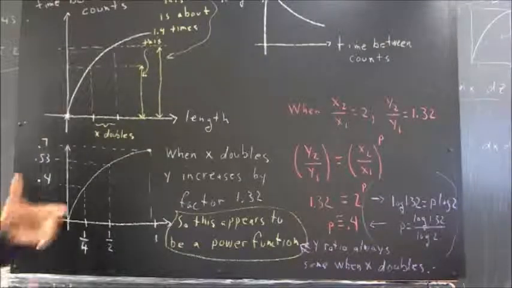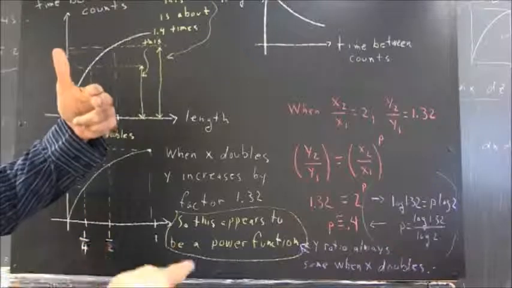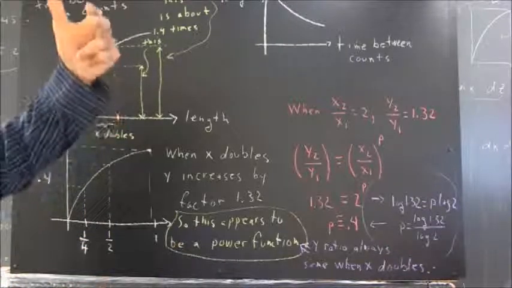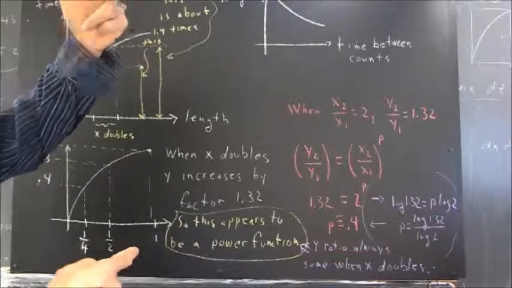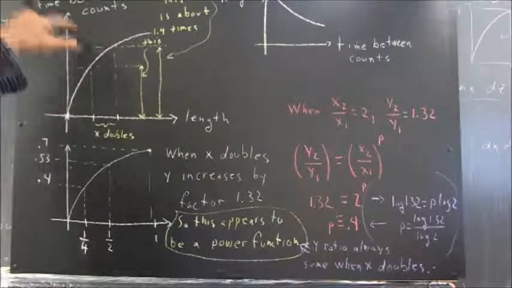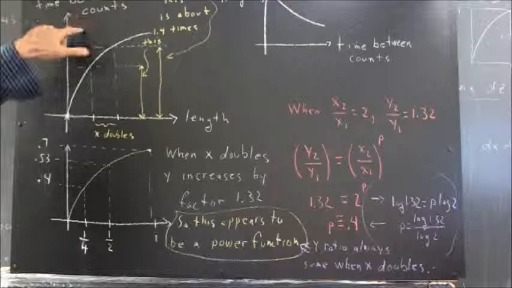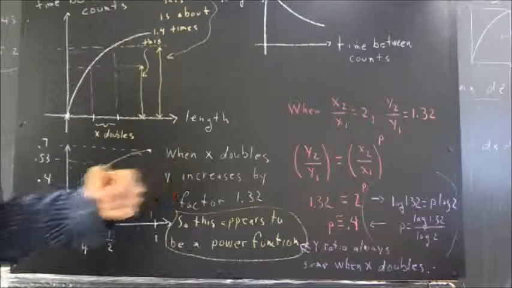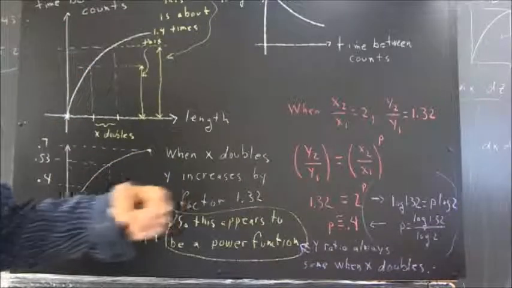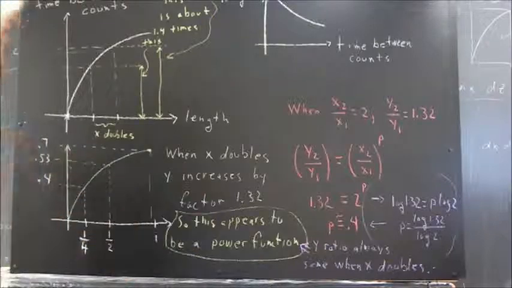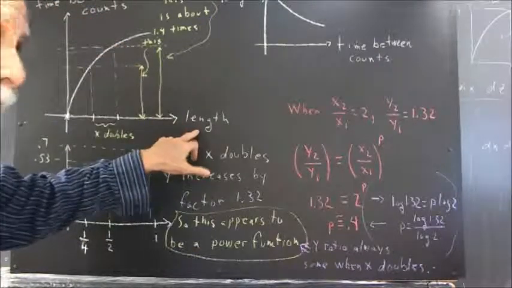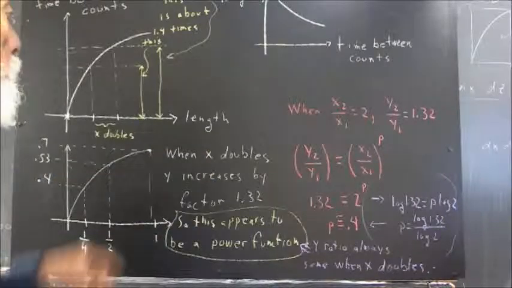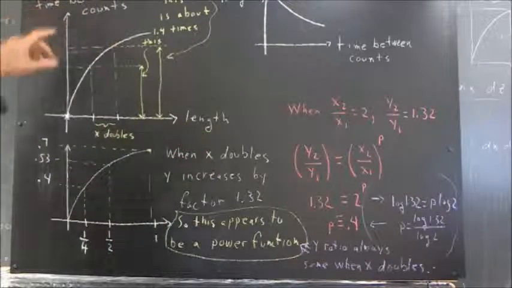Now, when we count a swinging pendulum, if we change the length of the pendulum, the time it takes to swing is going to change. If we graph the time between counts, so let's say we're counting 1, 2, 3, 4, 5, 6, 7, 8, if we graph the time between counts versus the length of the pendulum, then we're going to test this to